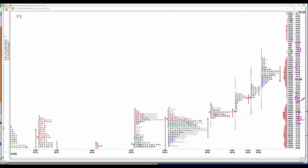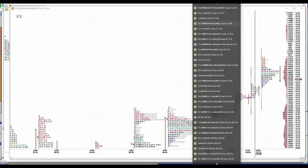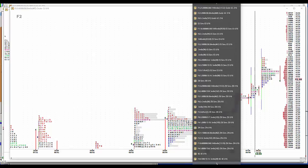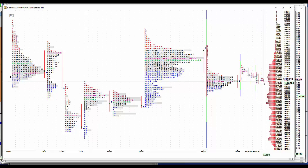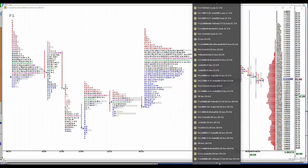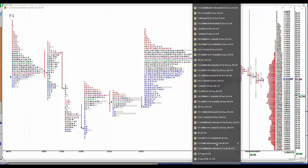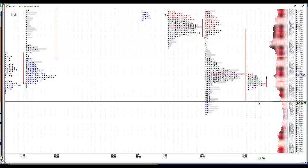And last but not least, the euro. The euro was pretty heavy today, pointed lower. Off a little bit, but not by much. Inside day, but definitely a B. Memory serves me correctly on the F2 screen. Definitely a B, so maybe a buyer below